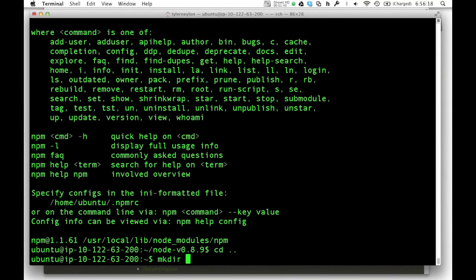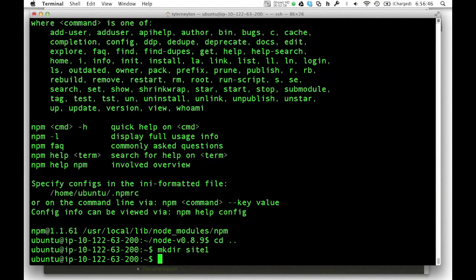But in practice, that's a lot of work, and so there are tools to help out, like there's something called middleware. Connect is a particular implementation of middleware that is integrated into Express, and Express has a bunch of tools that makes it easier, similar to Rails for Ruby, makes it easier to run a web server on top of Node. All right, so I'm going to make a directory called site1,